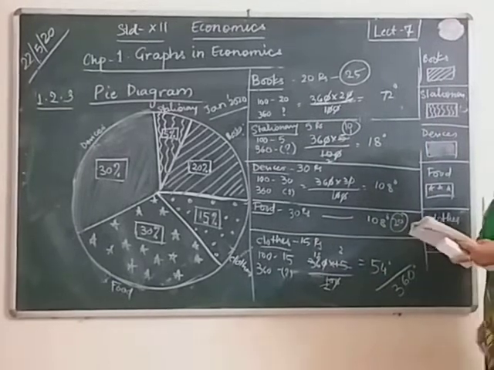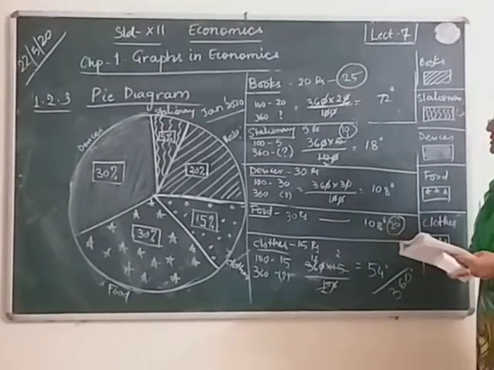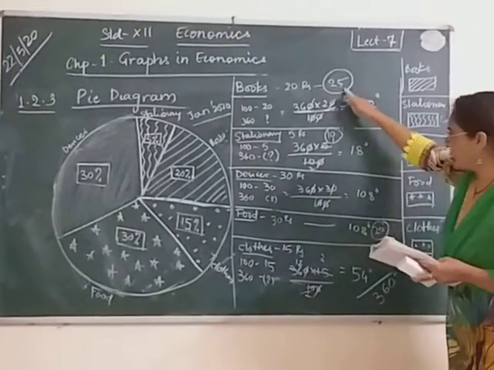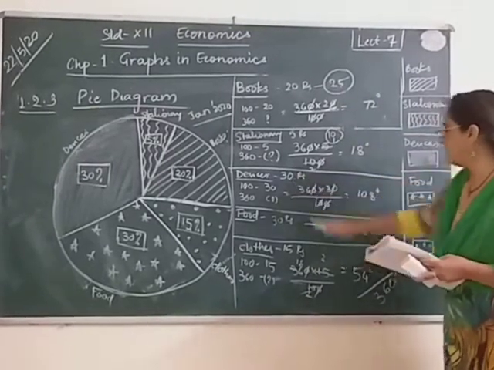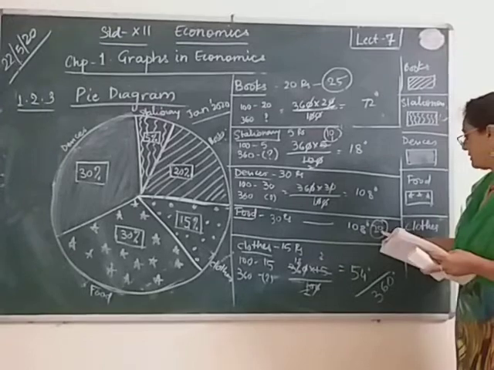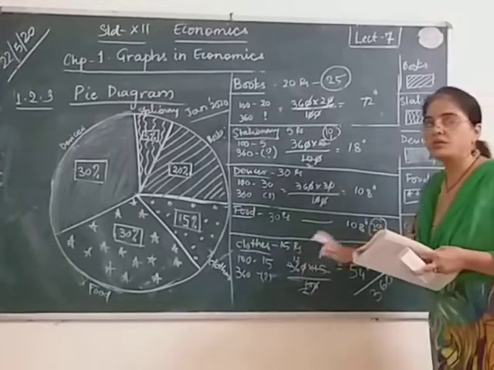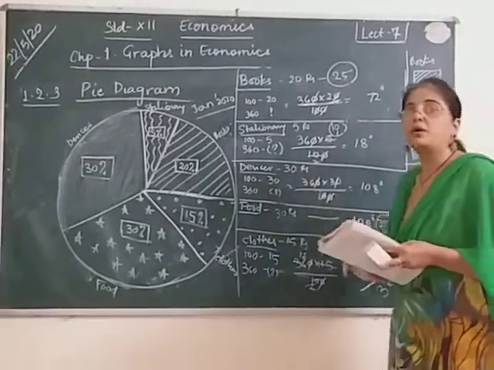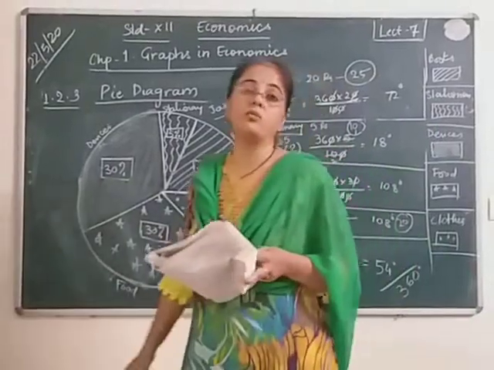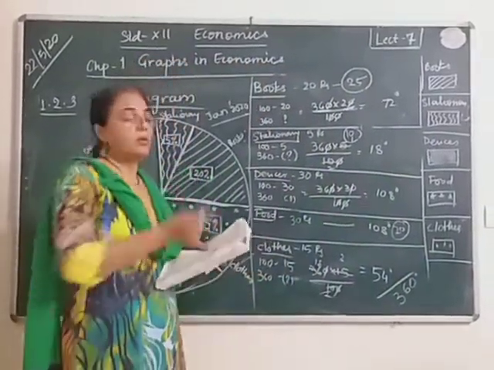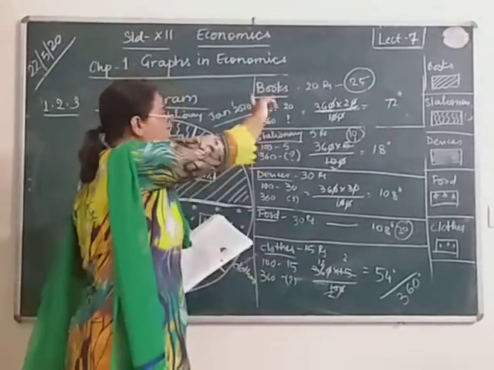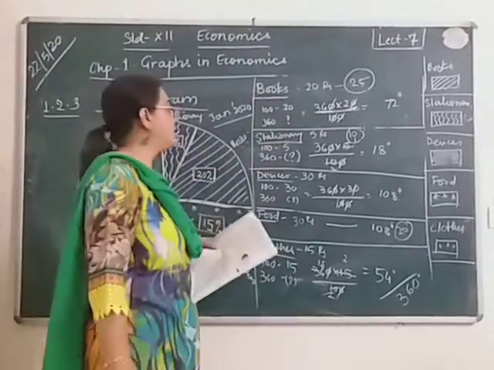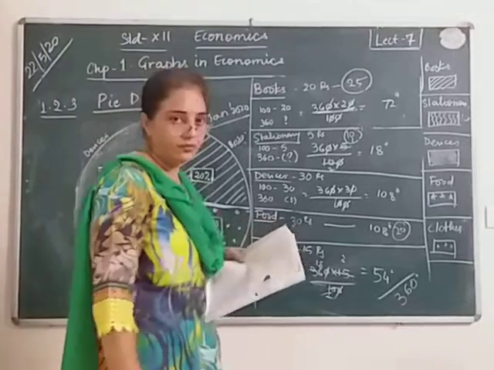Right. Suppose devices and clothes remain the same. Now this is 25, this is 10, that is 35. 35 and 30 is 65. 65 and 20 is 85. 85 and 15 is 100. Still it remains the same. So he is getting the same amount of pocket money in February also, but he has changed the bifurcation. He is spending more on books and stationery, and he is spending less on food items.